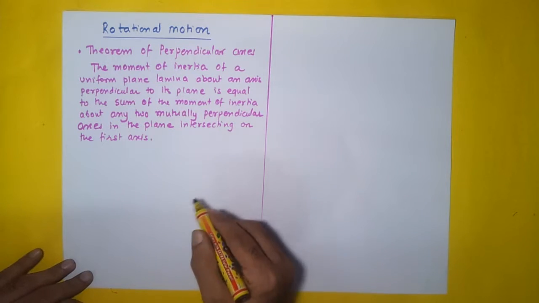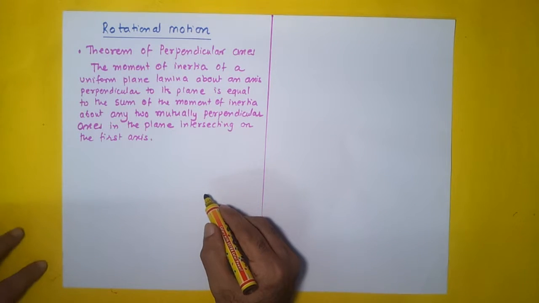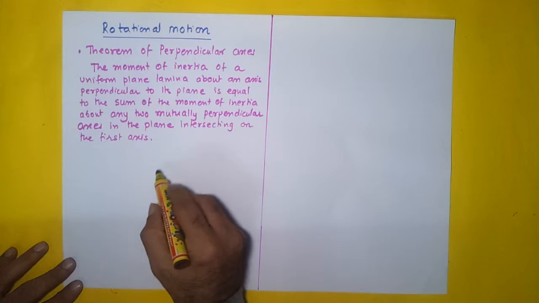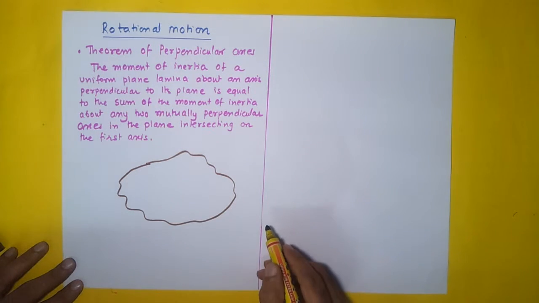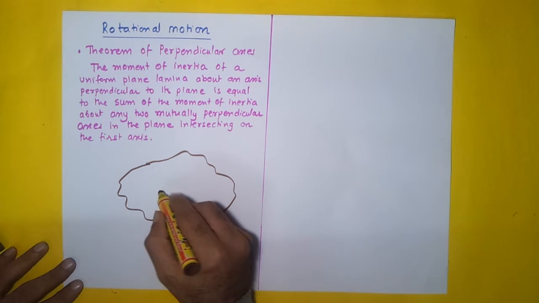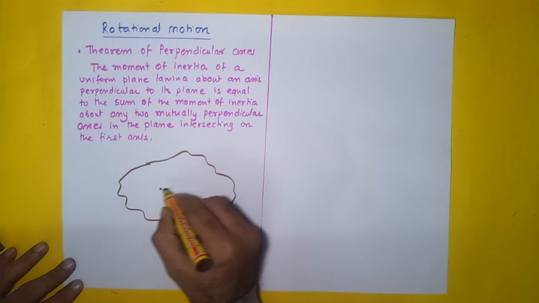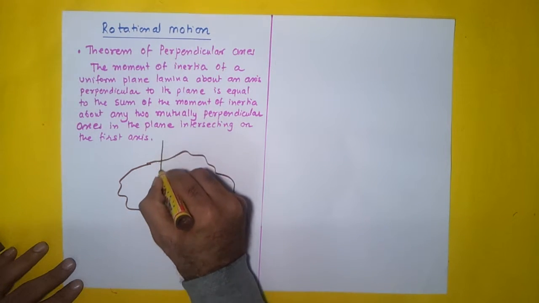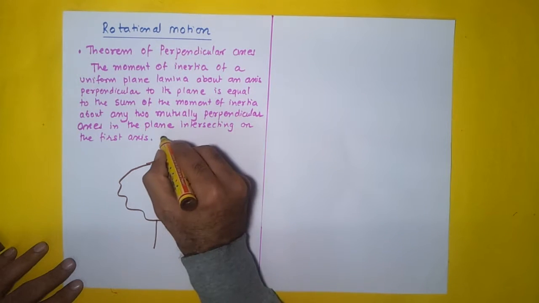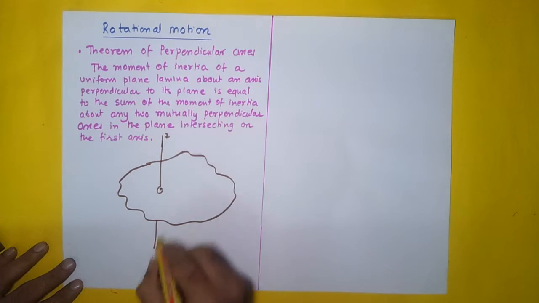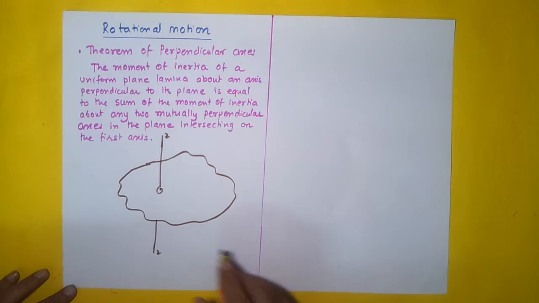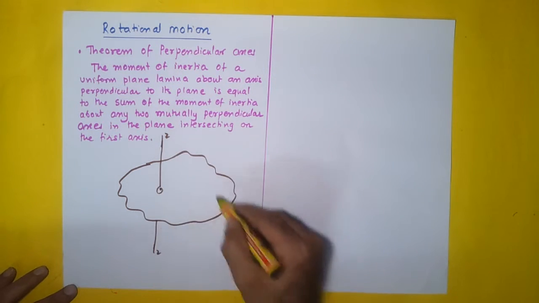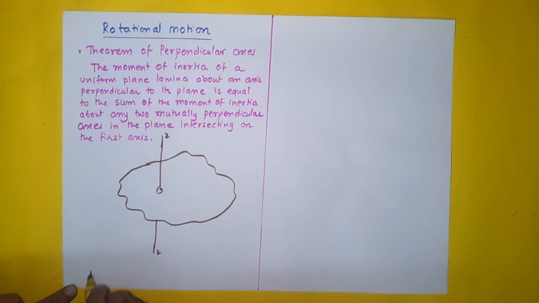So what this theorem says is that, let us say we have a plane lamina like this, and let us say we have an axis perpendicular to this plane lamina. We'll call this axis ZZ dash or axis ZZ. The theorem says that the moment of inertia of this plane lamina about this axis, which we will denote by IZZ, is equal to